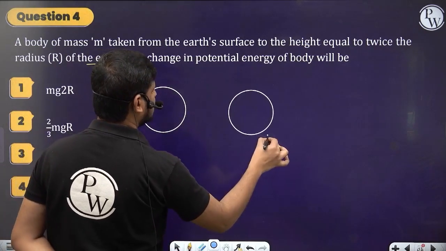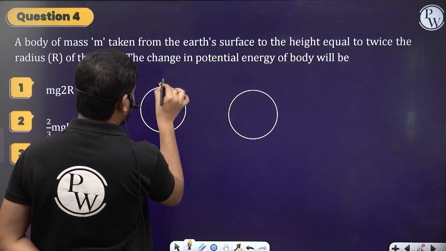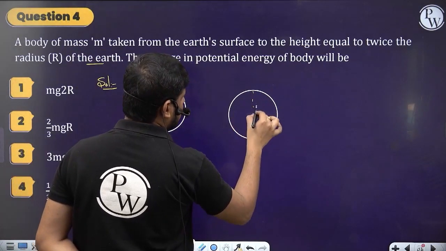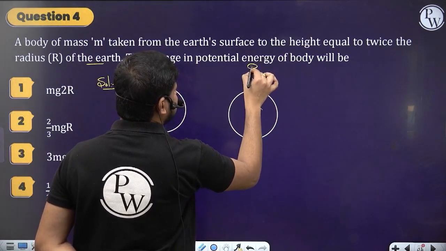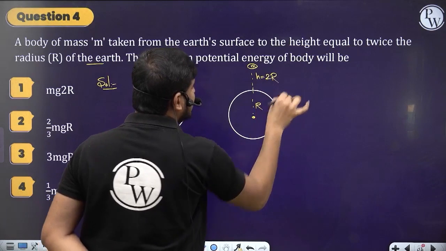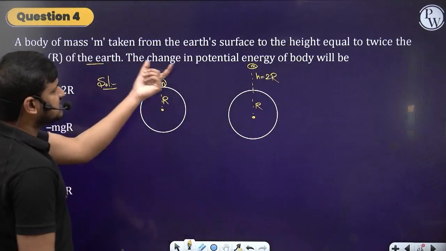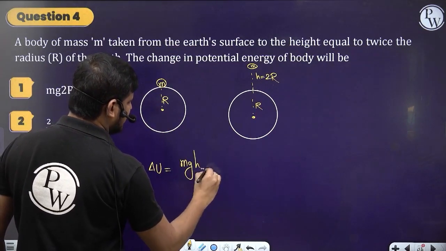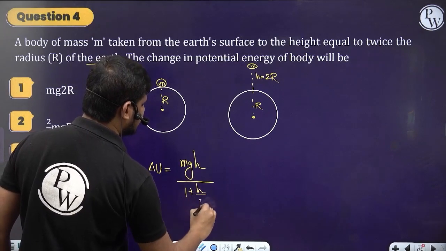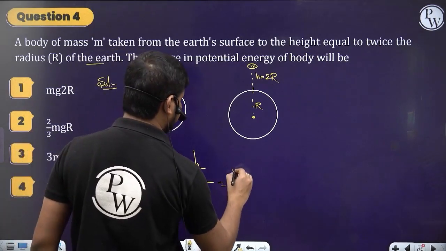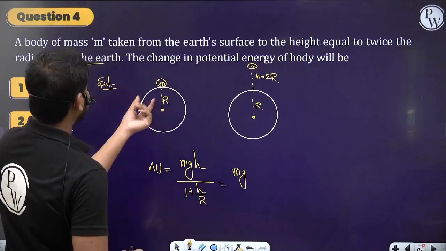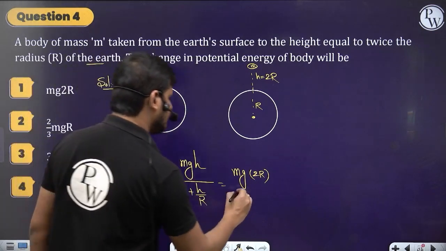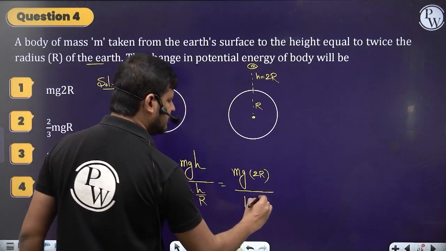Chalo. Initially the object is on the surface of the earth, radius R. Then it is taken to some height h, where h is equal to twice the radius of the earth. In this case, the change in potential energy delta U will be equal to mgh by 1 plus h by R. Now substitute the values, guys. mg, in place of h I am writing 2R,